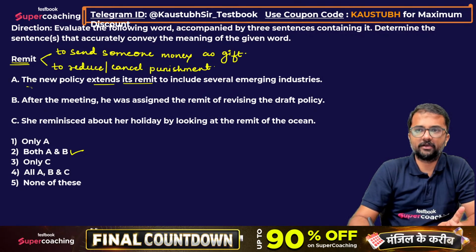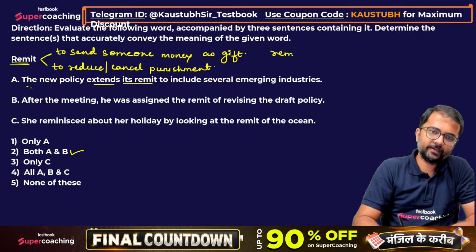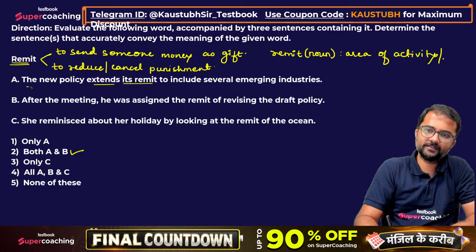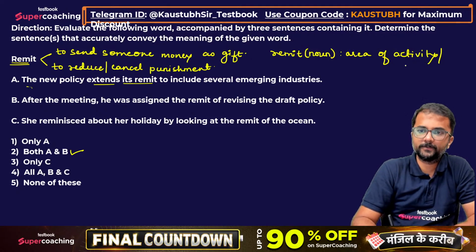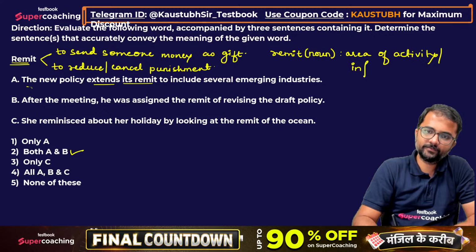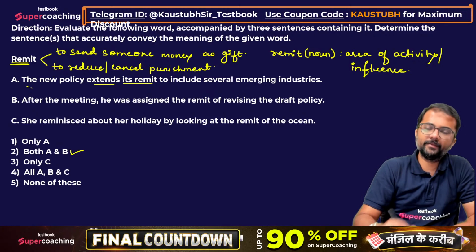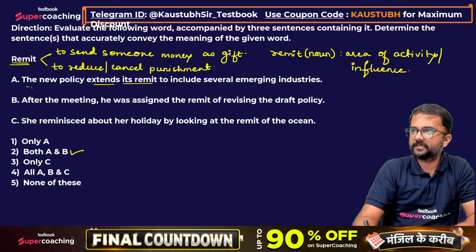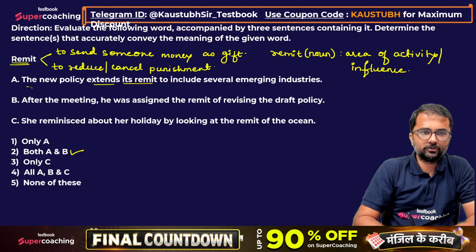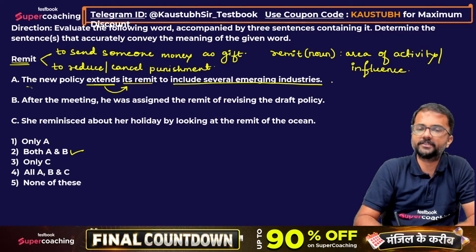Basically remit when it is used as a noun, it means the area of activity. Remit when used as a noun, it has another meaning. It means area of activity, area of influence, area of jurisdiction, है ना, area of concern, कि इस एरिया में हम काम कर सकते हैं, डिसीजन ले सकते हैं, समथिंग लाइक दैट। ओके, सो ये जो नई पॉलिसी है वो एक्सटेंड करता है, बढ़ाता है अपने एरिया ऑफ एक्टिविटी को टू इंक्लूड सेवरल इमर्जिंग इंडस्ट्रीज।